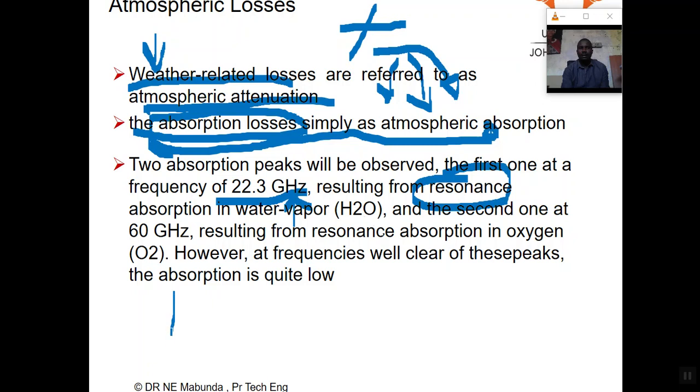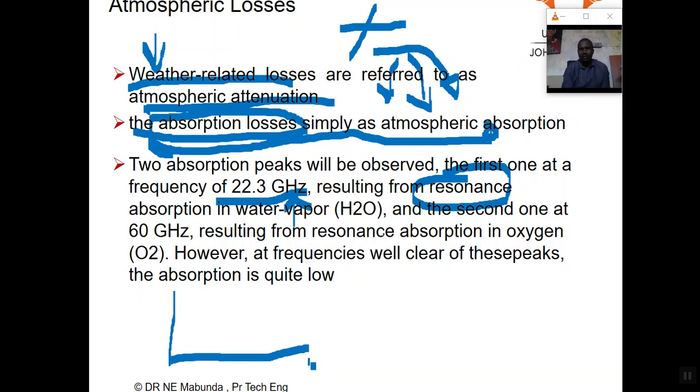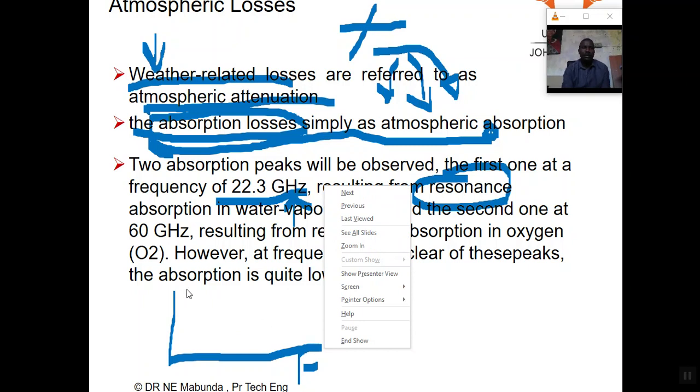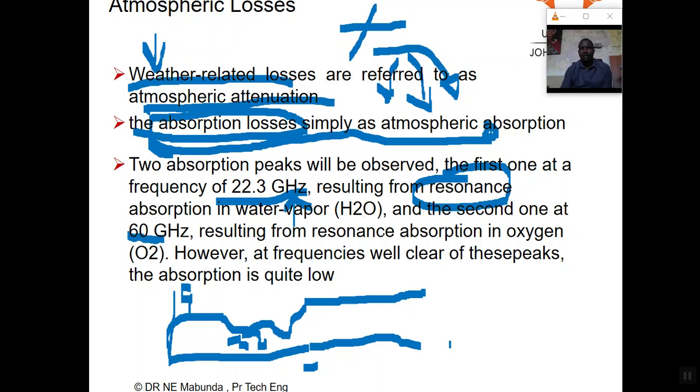So if this is a gain versus frequency curve, there's your frequency, and there's your gain. As your frequency progresses and you reach 22 gigahertz, out of the blue your signal drops, and then it rises again. So it goes until you come to the next one, 60 gigahertz. At 60 it drops again. So this attenuation here